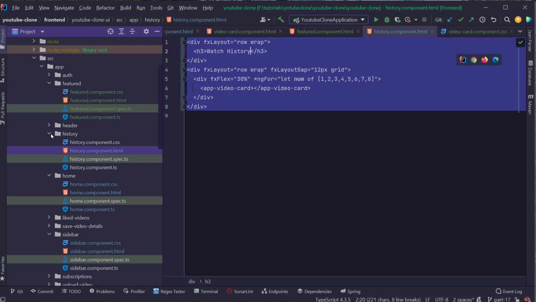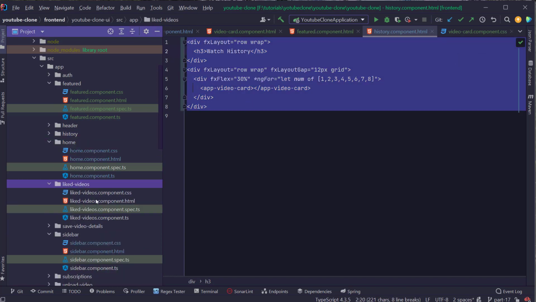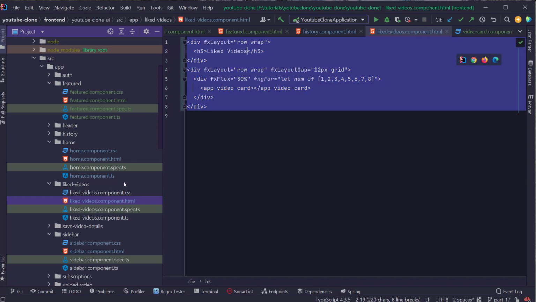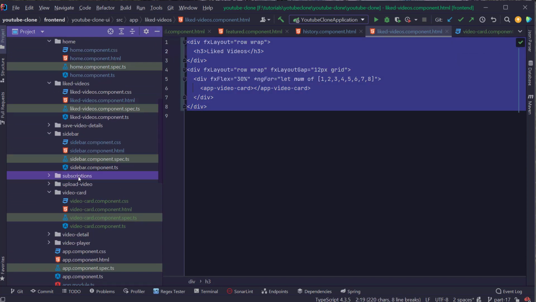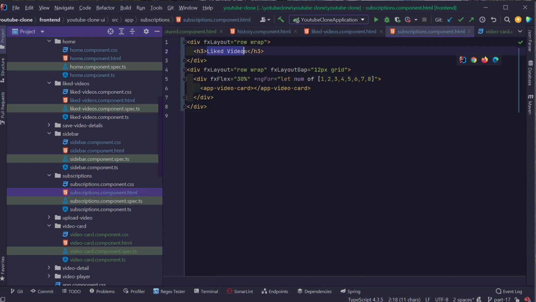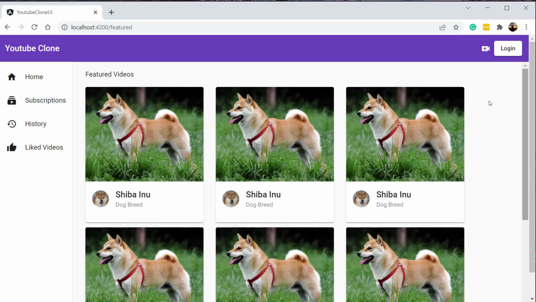And I'm going to do the same thing also for the liked videos, so replace watch history by liked videos. And finally, we are also going to do the same thing for the subscriptions component, so I'm going to replace liked videos by subscriptions. Right, so I'm going to open the application now, and you can see that we are displaying the same content